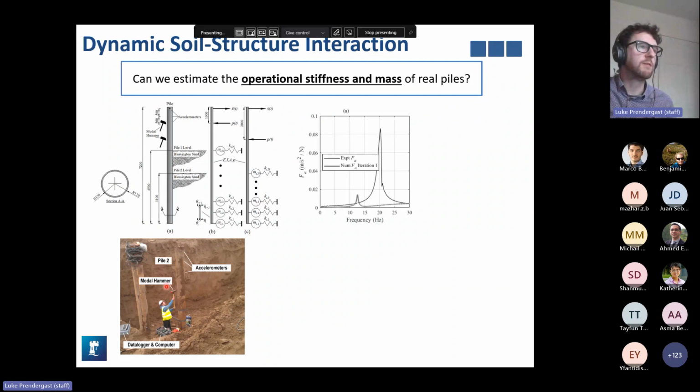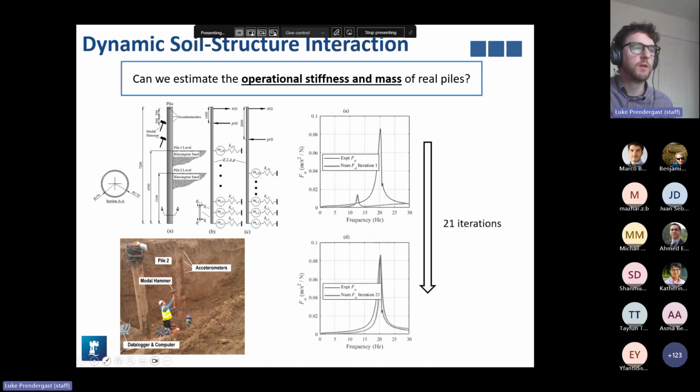So the first iteration shows that we have our experimental data for the first pile, approximately 20.26 hertz. This is the first prediction of the numerical model. So we underpredict the frequency, overpredict the mass, etc. And when we run it automatically, after 21 iterations, we get a match in the peak data. So the frequency response functions do not match at all frequencies, but they are a very good fit considering it's a numerical one-dimensional prediction of real experimental data.